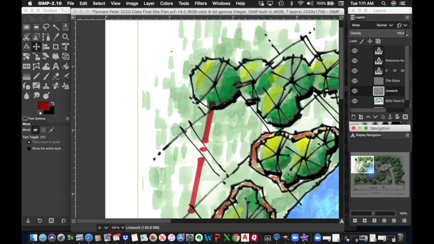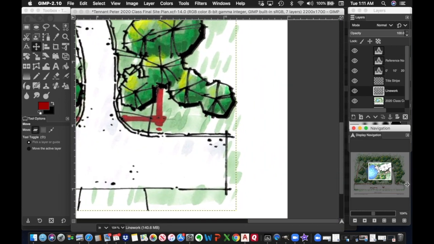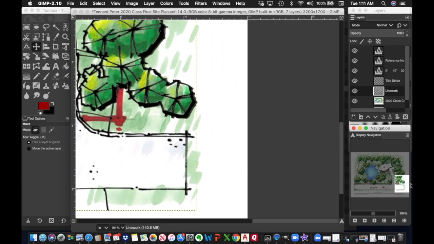Now you want to check the sides to see how close it is. Let's look at that tree. And that tree, it looks like it lines up pretty well. That's the top right corner. I'm going to go as far away as I can in the bottom left corner and look at those trees. And those trees line up pretty well. If I zoom out,